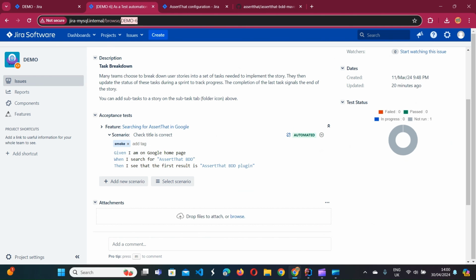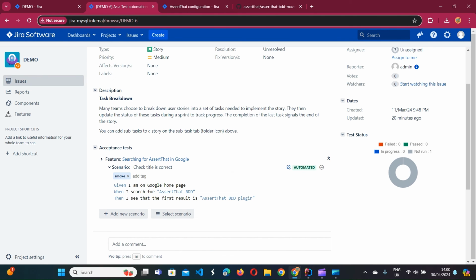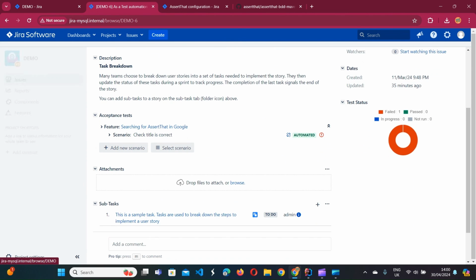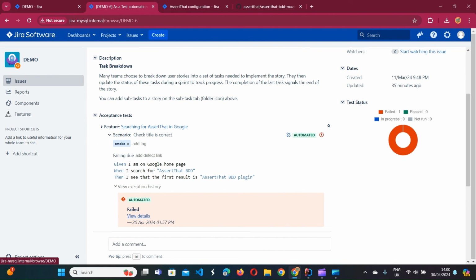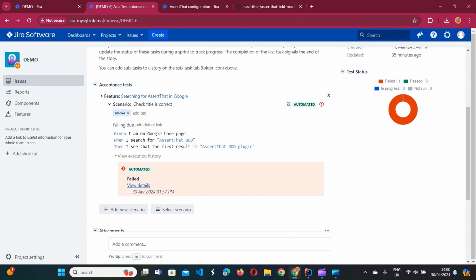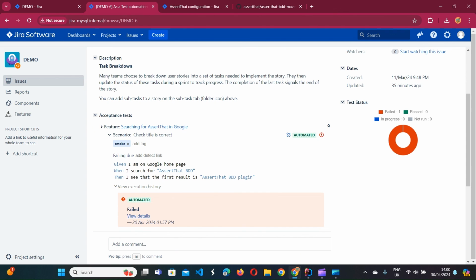Additionally, we can navigate to the issue which we linked our scenario to, and we can see that the status was updated here as well, and we can see the execution history with the link to the test report we've just seen. On the right-hand side, we have a little pie chart which shows the overall testing status of this user story.